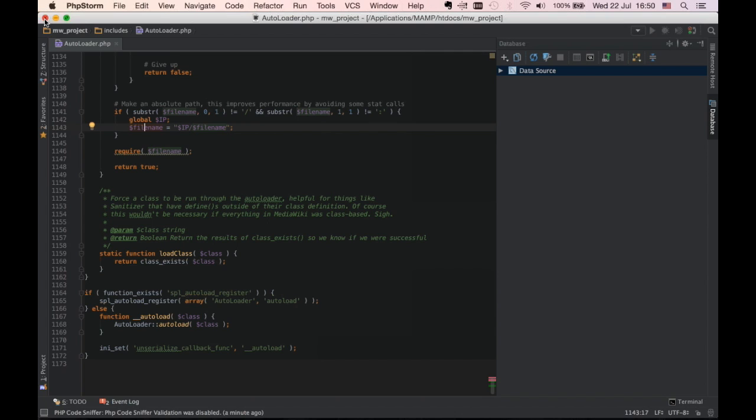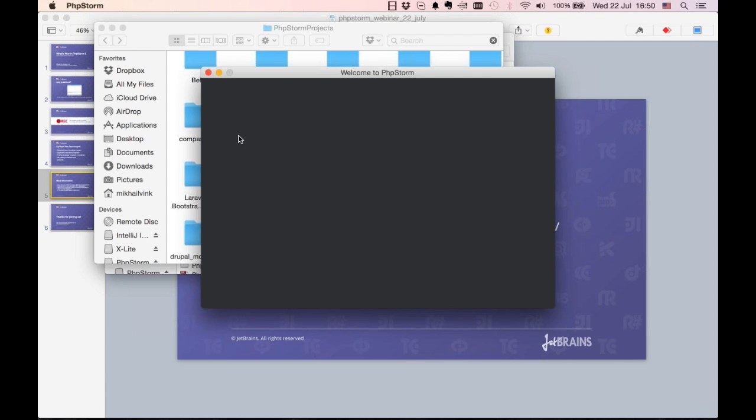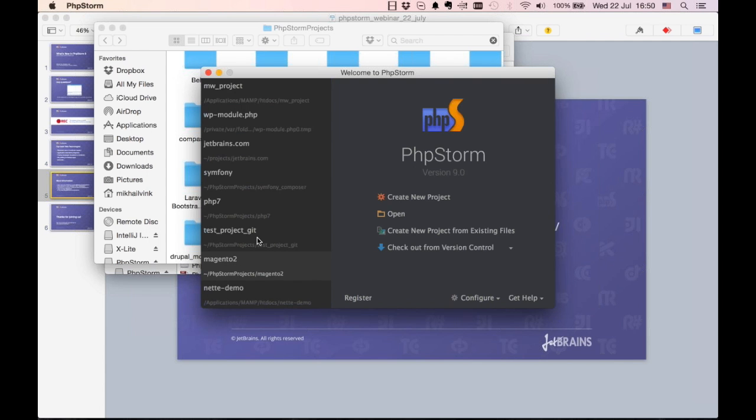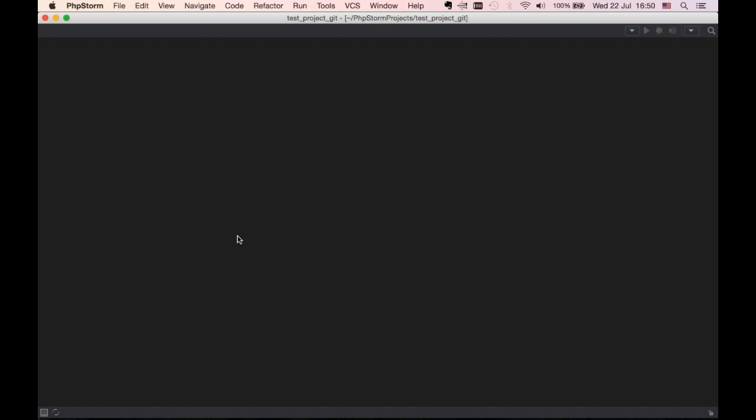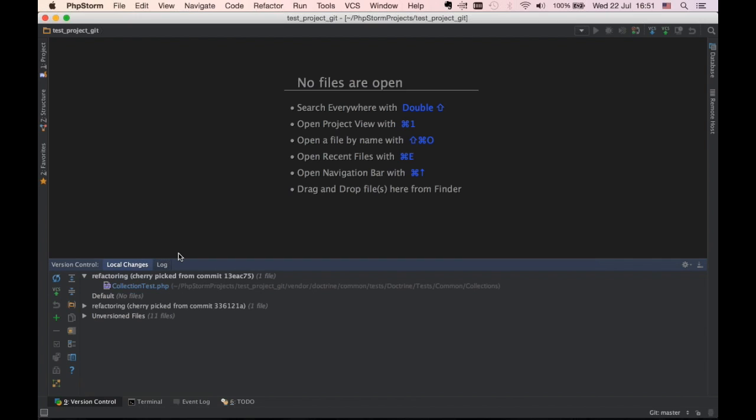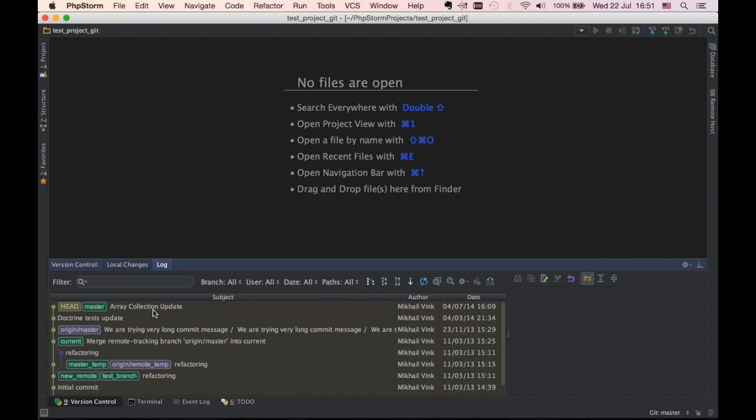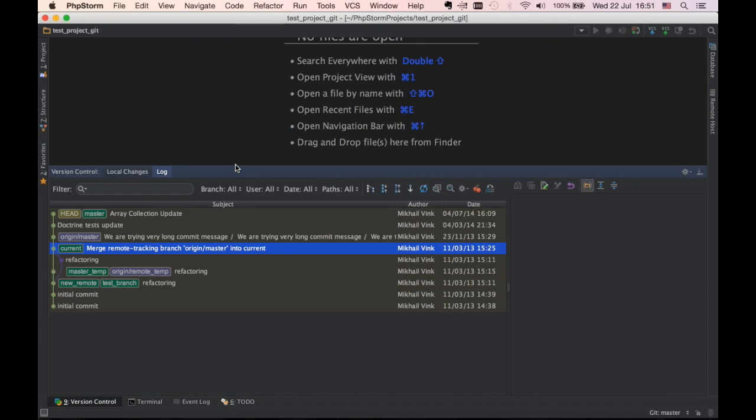Another question is related to Git and version control. So let me get the project with the other version control I have with Git. And the first question related to that is, could you please elaborate a little bit on how to read that Git history panel with branches? So I'm glad you're asking. So in this case, let me just get it bigger. We have